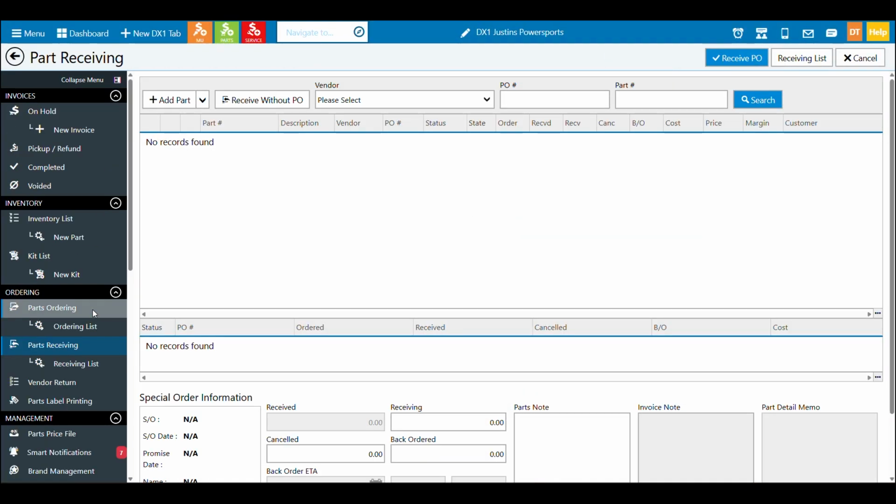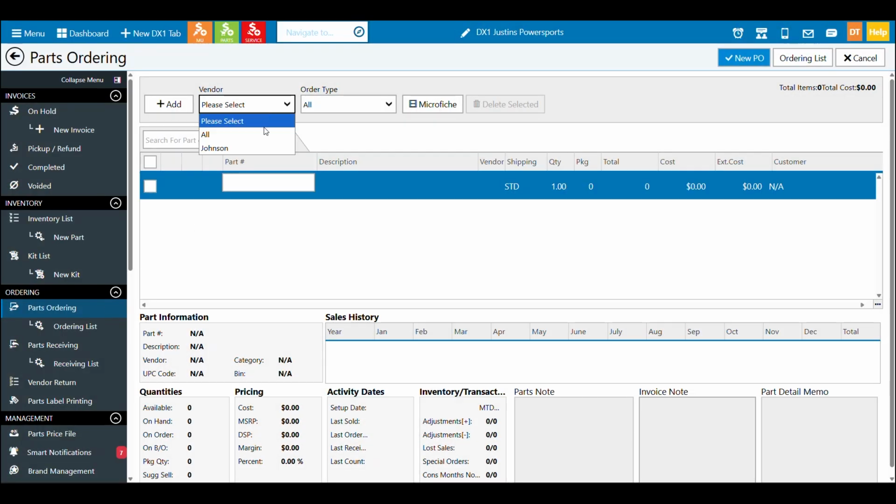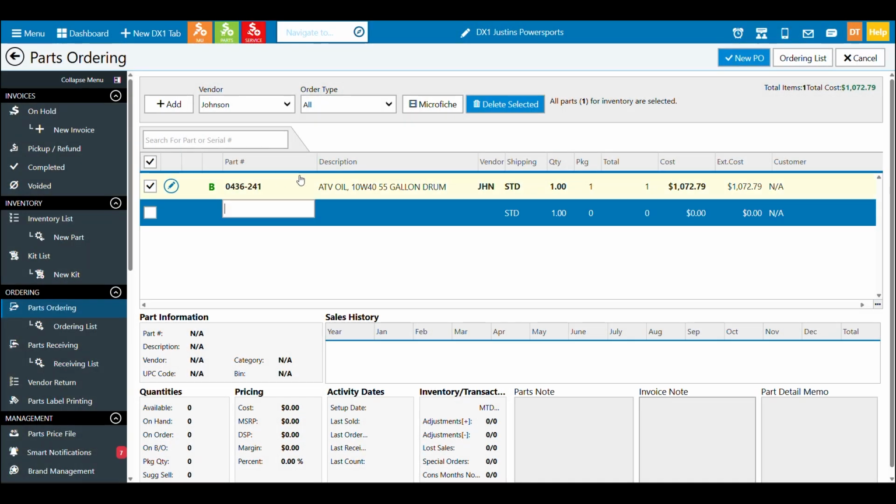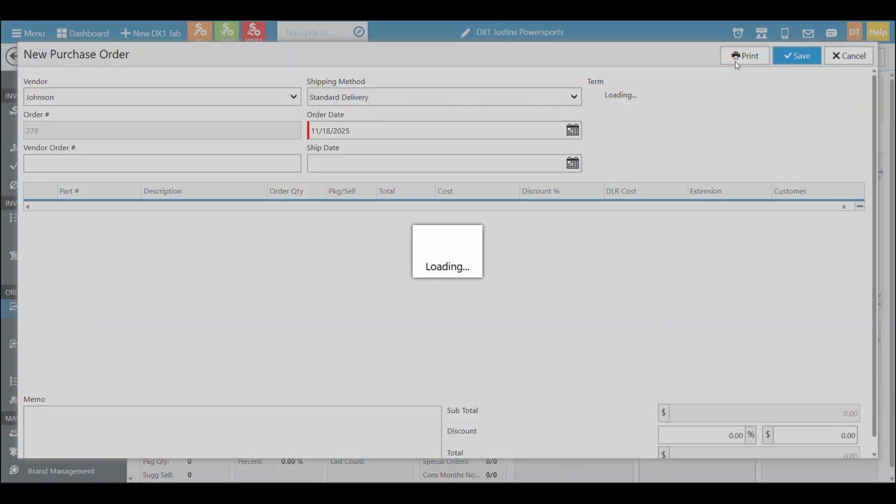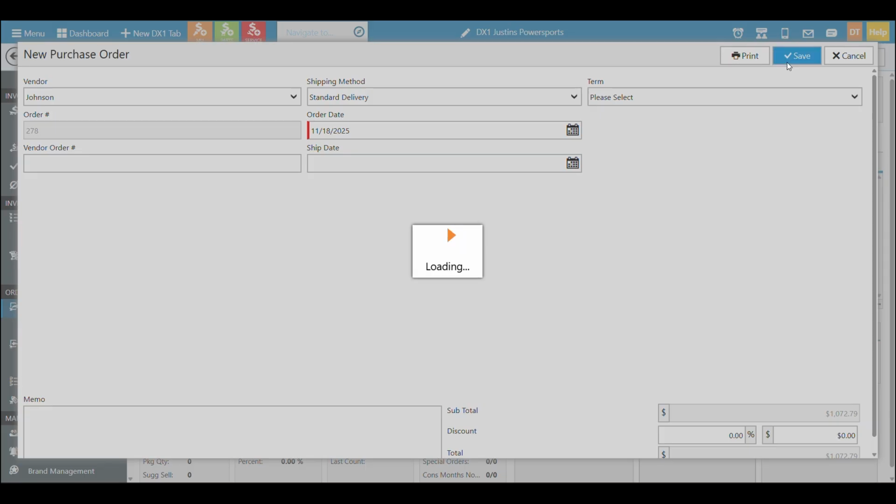And now when I go over to my parts ordering page and look in my ordering screen here, I can see my bulk. And it's going to order one. Again, not one at the cost divided by 55. I can also tell this is a bulk item because I can see I have a green B here. That's just going to signify that it's bulk, and I'll show you how we can search using that later. So now I'm going to place my PO for my drum. I do that, I save it.